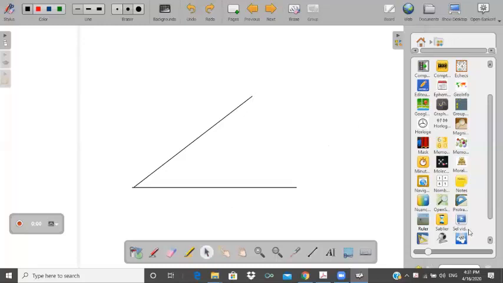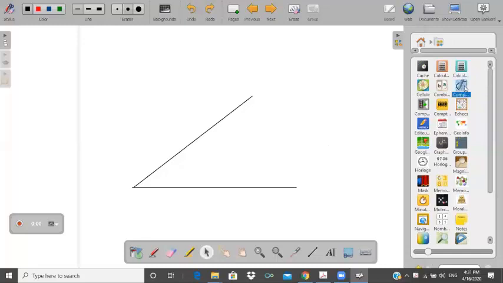Now I take the compass. How to use the compass? See this one. If you touch the mark, it will disappear. If you touch the center, you will see a round blue cross arrow. Now it will move around the point, but it is not marking anything.